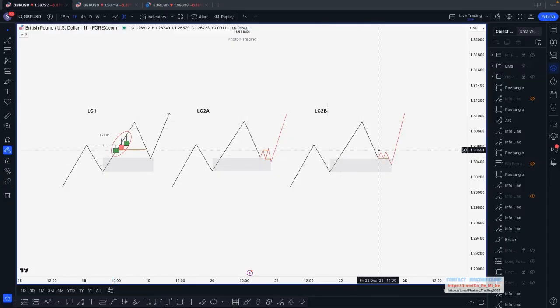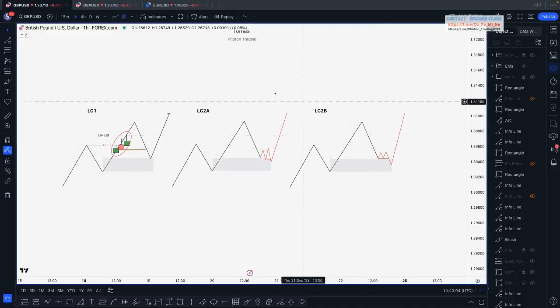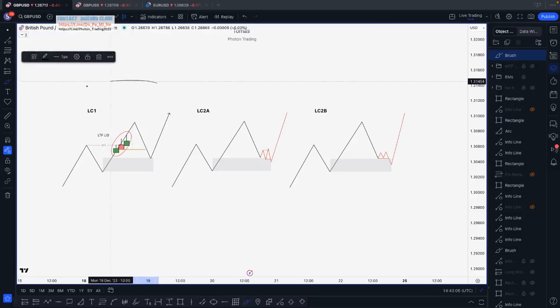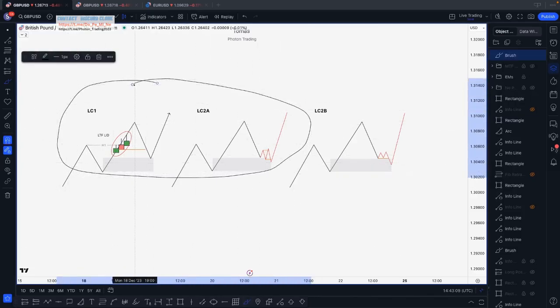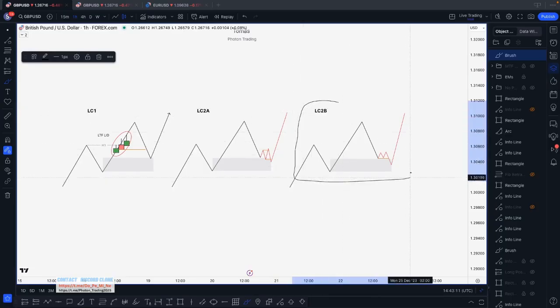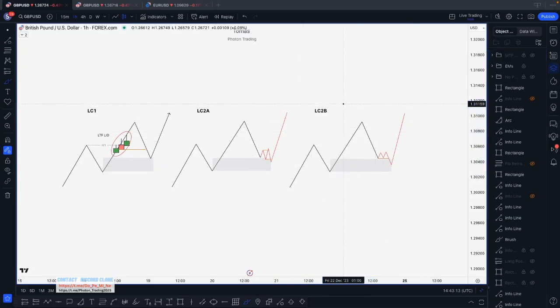You also will get access to a video where I show the data, and for me these two setups are my bread and butter. I'm happy to use this one, but I know the frequency is much lower, the number of LC2B trades is much lower, and I'm happy to be a little bit more conservative when using them, because I know these